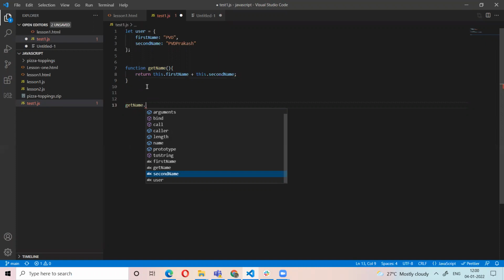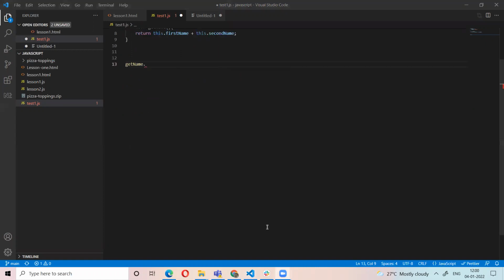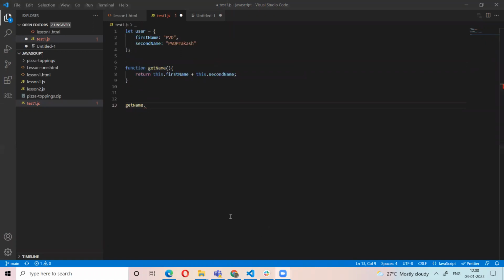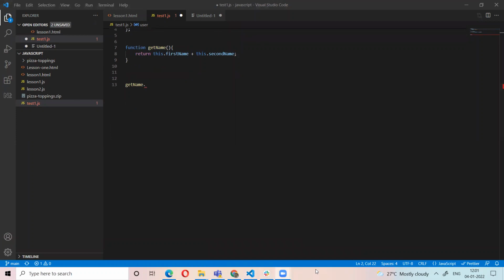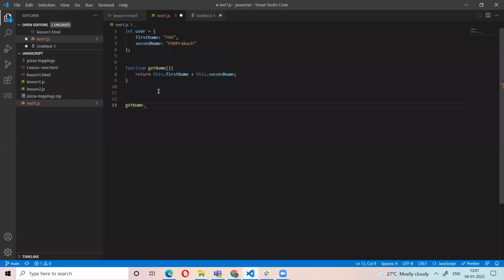There is a function getName. Now I want to apply this function to an object.